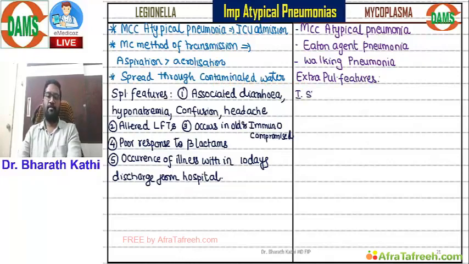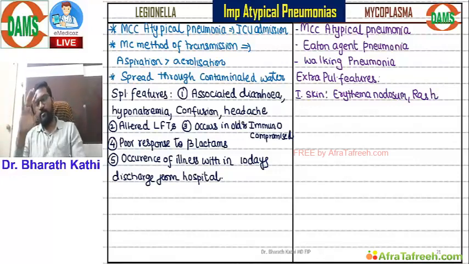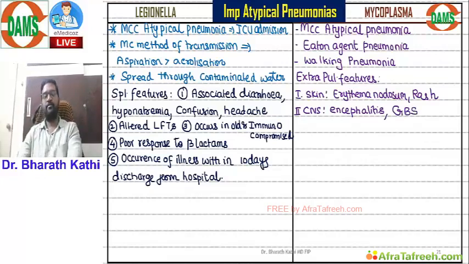So where you see them? In the skin there can be erythema nodosum, rash. Sometimes it can also progress to a severe form called Stevens-Johnson syndrome. Again, this is very rare. Then in the CNS, as a part of systemic involvement, there can be encephalitis, and very rarely Mycoplasma infection is implicated in the etiology of Guillain-Barré syndrome. Very rare again. Then within the blood,